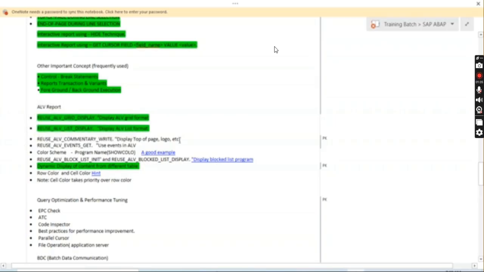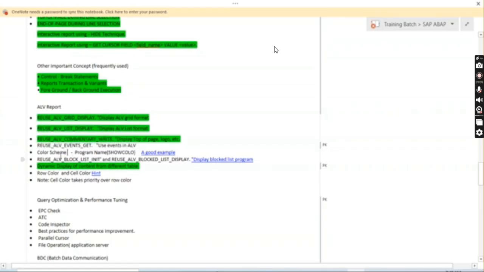Also we have seen REUSE_ALV_COMMENTARY_WRITE. We have seen how to display the top of page, right? REUSE_ALV_EVENTS_GET, this is one important topic I will discuss in today's class,